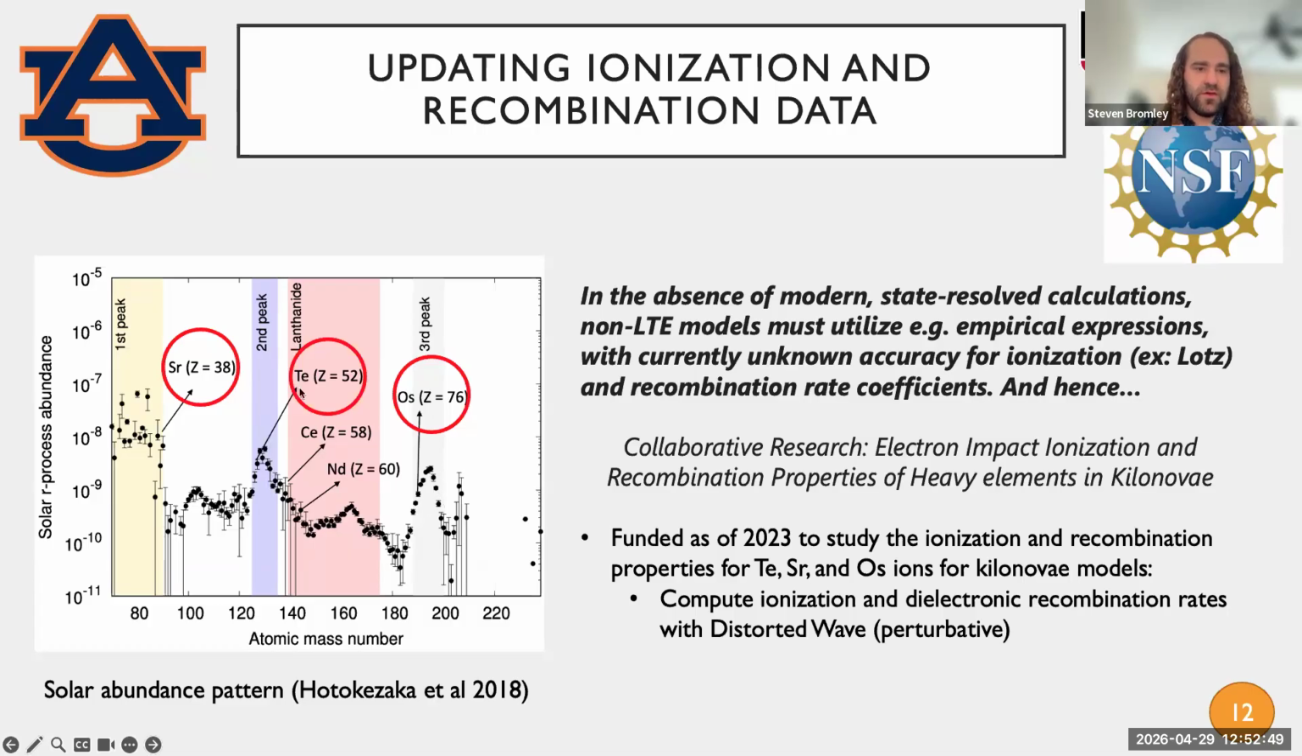Each of these has a representative electronic structure of most of the elements in that peak. So, for example, strontium has a valence S shell, tellurium has a valence P shell, and osmium has a valence D shell. And what we're doing is just computing ionization rate coefficients, ionization cross sections, DR rate coefficients, that sort of thing. And just to give a flavor of the level of improvement that can be achieved,